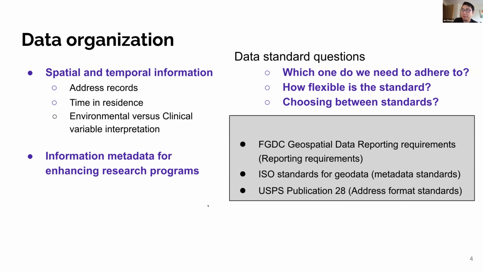But we also established that Publication 28 is the USPS standard for address formatting. And some legacy addresses from health system records might not be standardized to USPS. If we needed to standardize them to USPS, are there some good methods to do that? Or do we always have to use some type of third-party software, which acts as a third-party API conduit to ping the USPS servers? That's the route that we've looked into in the last 6 months.